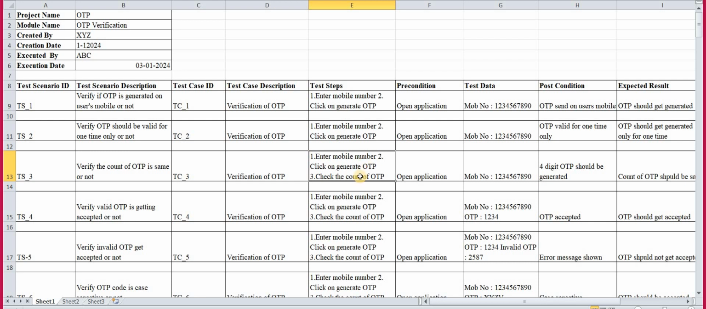So for that we have to check the count of OTP. This is the third step, test step. And for that the precondition is open application and test data. In the test data we can provide mobile number, as well as